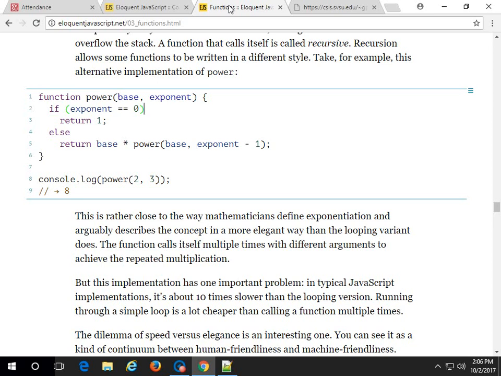So now what's the situation? It's going to check to see if the exponent's 0, which it isn't. Right. Now base is 10 and exponent is 3. And we have to do that again. Keep on going. 2. And then eventually it's going to get down. So now it's 2. So now it's 1. So now what's going to happen? It's going to call it one last time, and then it'll return 1 at the end. Oh, it's going to go one more time, right. So now it goes down to 0. And then it returns 1.